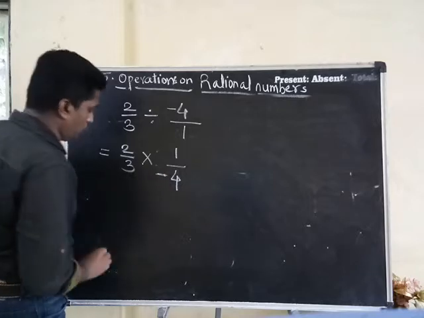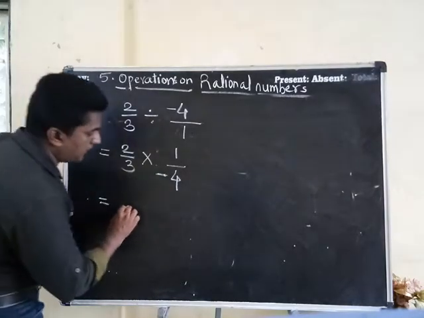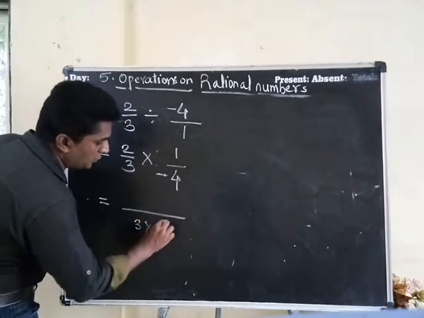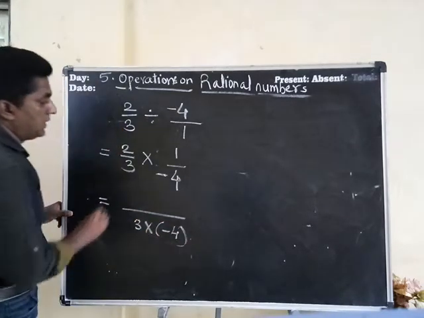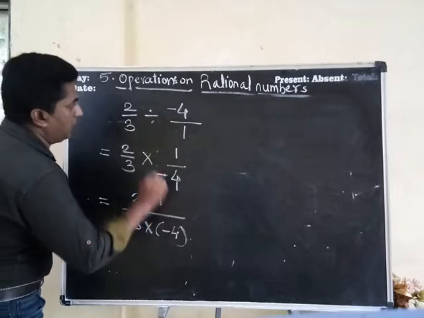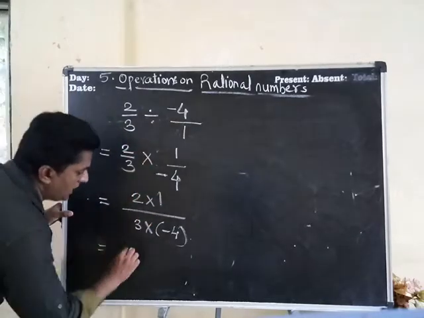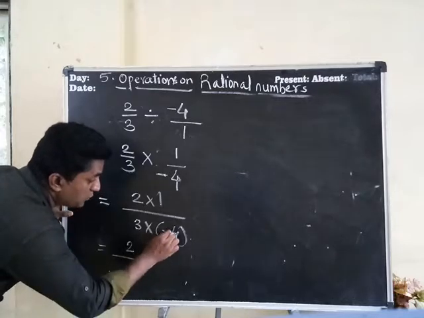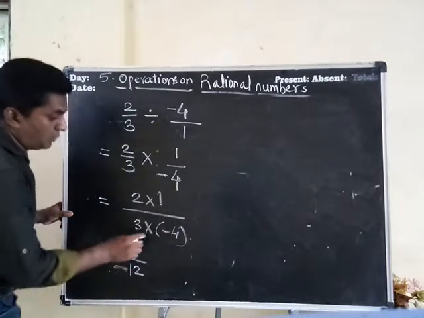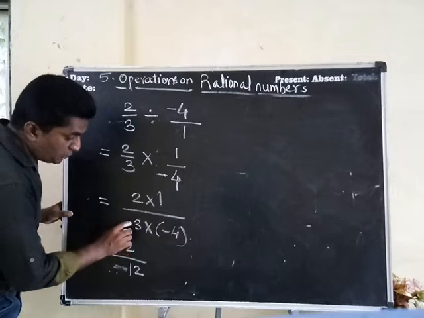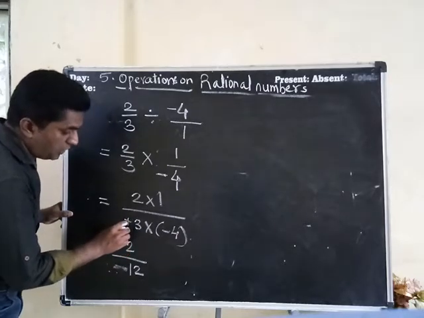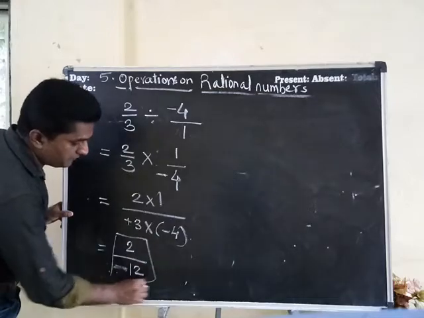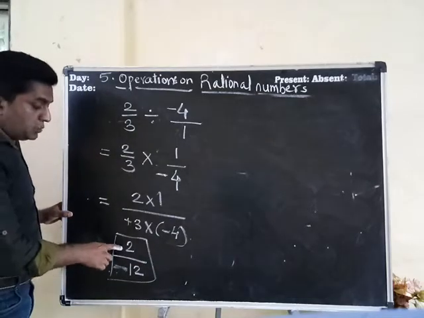So here minus 4 is equal to a big line of upon. Now 3 into minus 4 and 2 into 1. 2 ones are 2 upon 3 fours are 12. But how is this 12? Minus 12. Why did this minus come, do you know? Here no sign is there, which means plus. Positive into negative is negative. This is your answer. But you can reduce it.